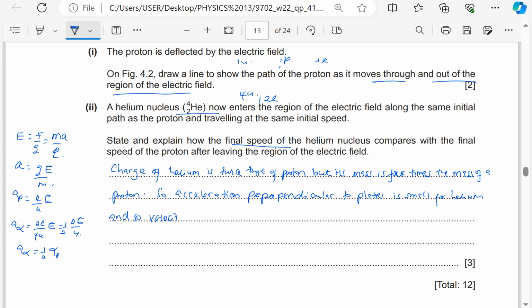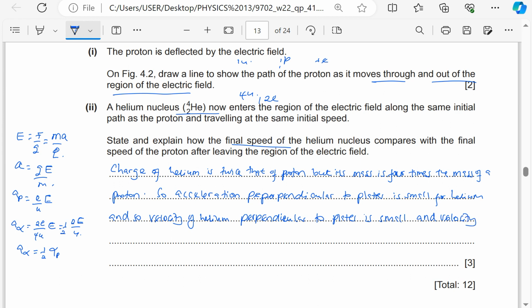And so the velocity of helium perpendicular to the plates is small, because of course the force acts in the direction of the velocity. But of course there's another velocity which is parallel to the plates, which remains constant because there's no resultant force in the horizontal. So the velocity of helium perpendicular to the plates is small, and yet